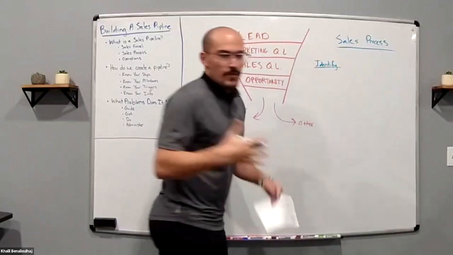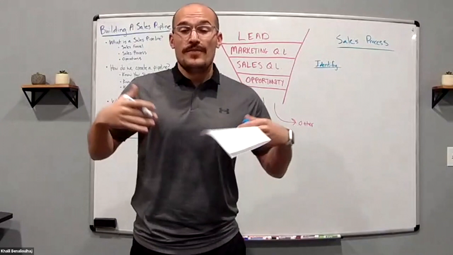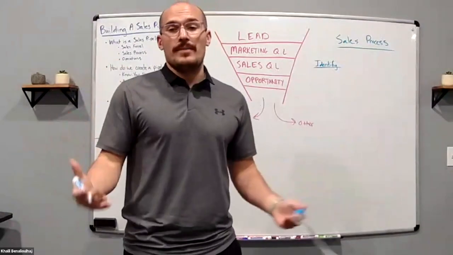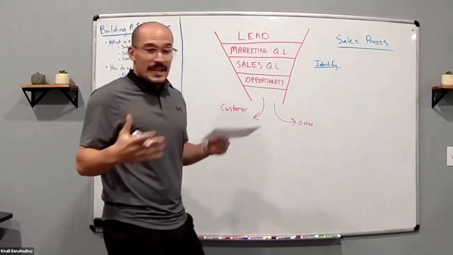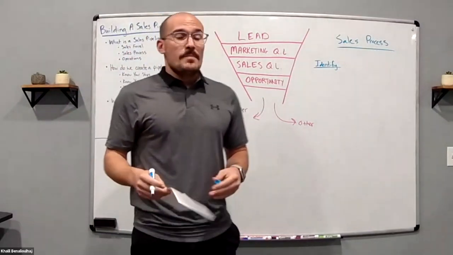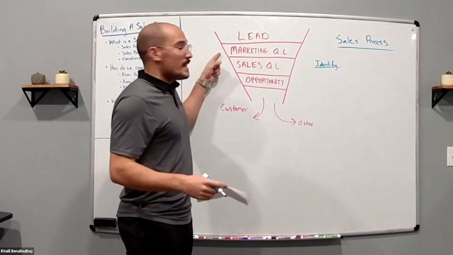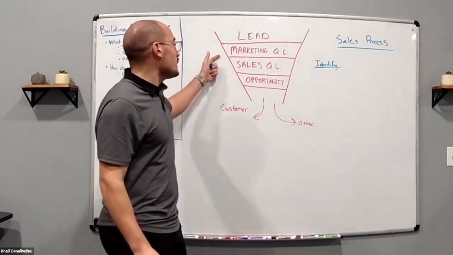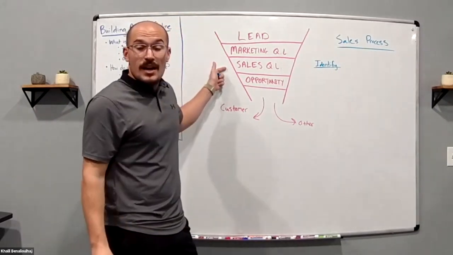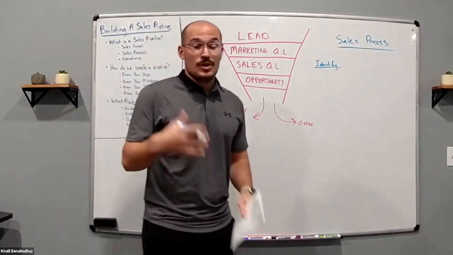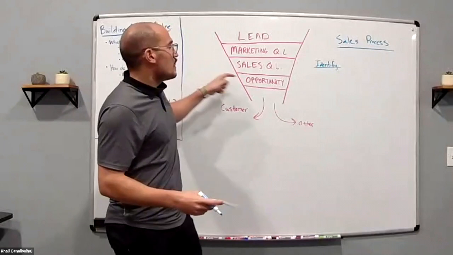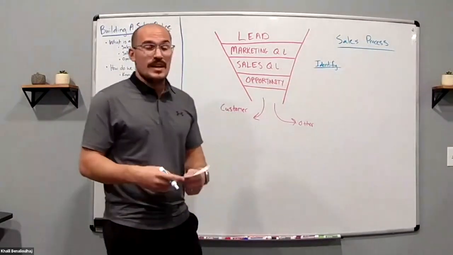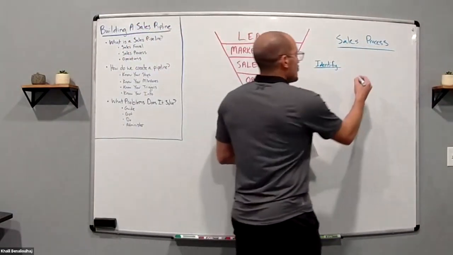The first one that we want to have is identify. That is the first step of our sales process because we have to find people that are wanting to buy from us, right? This is where our leads are going to come. Our identification can come through many forms, right? Maybe it's a referral, right? Maybe they come through our website and they're a marketing qualified lead. Maybe they are somebody that we prospected and we were cold calling and we got in touch with. Any of these 3 are identify, right? They're in the identify stage, right? The next one